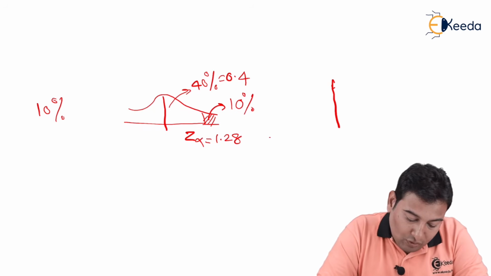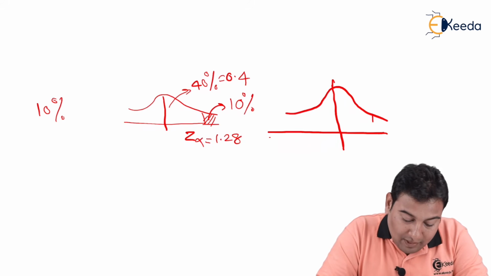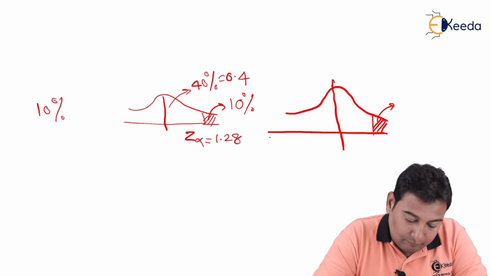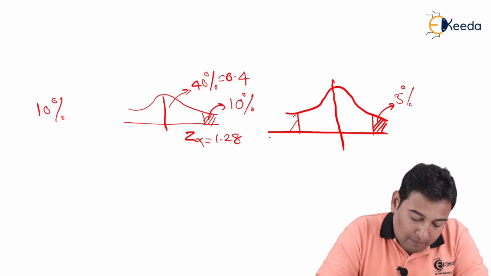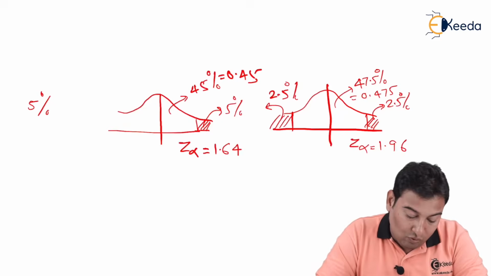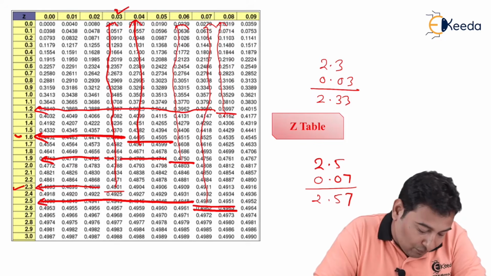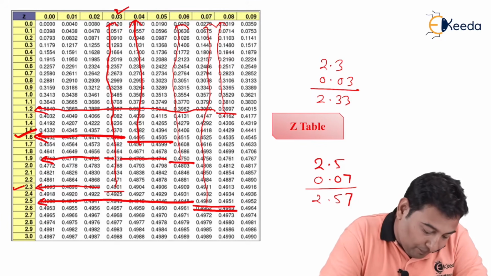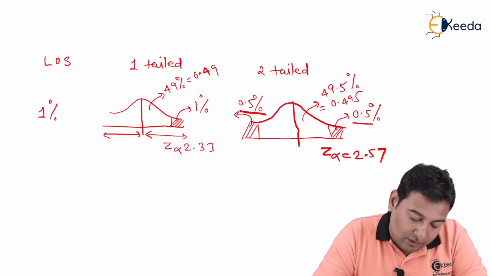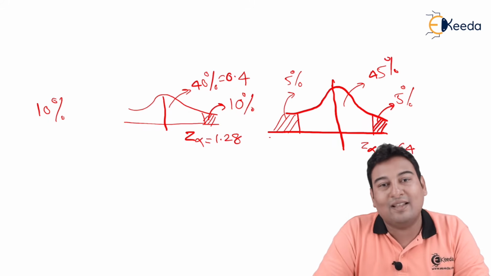Now let's check the two-tail test. 10% must be removed from both sides, right? So 5% from this side, 5% from this side. So you're left with 45%, that is 0.45. We'll go back to the Z table and see 0.45. See here, 0.45. We'll go this side, this is 1.6. We'll go up, this is 0.04. So the answer is 1.64. Now I think this is very clear.